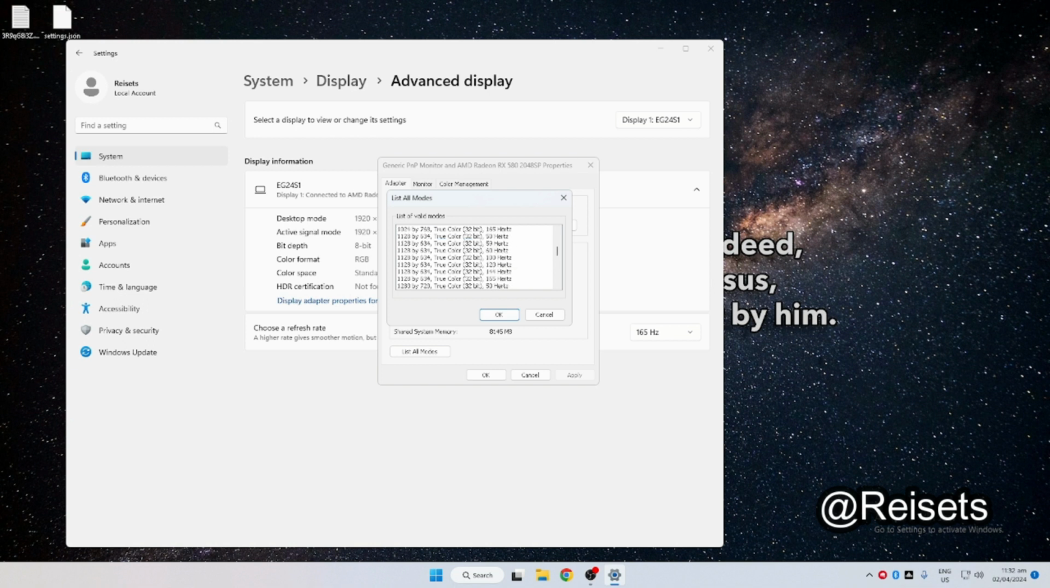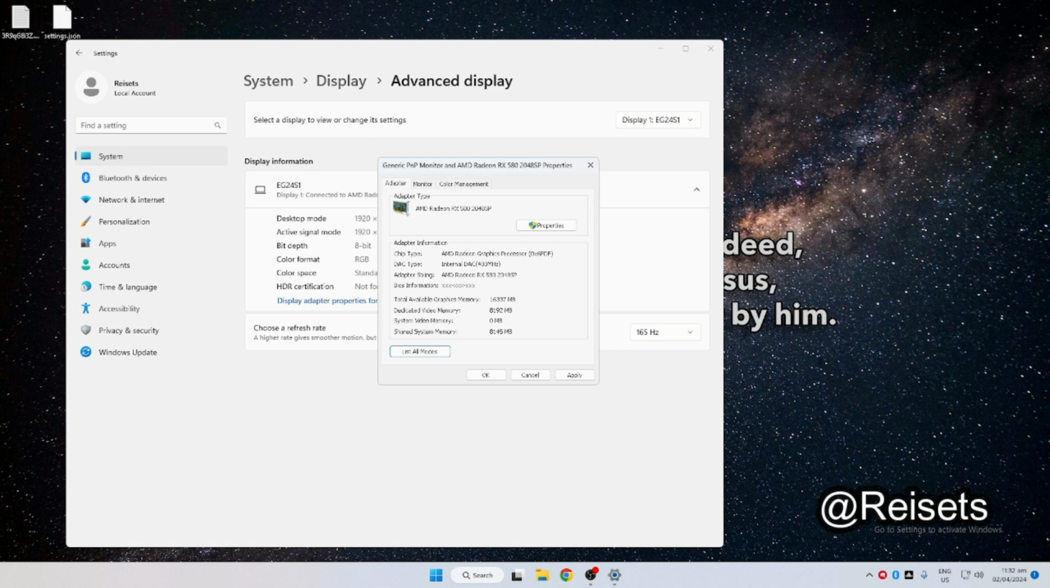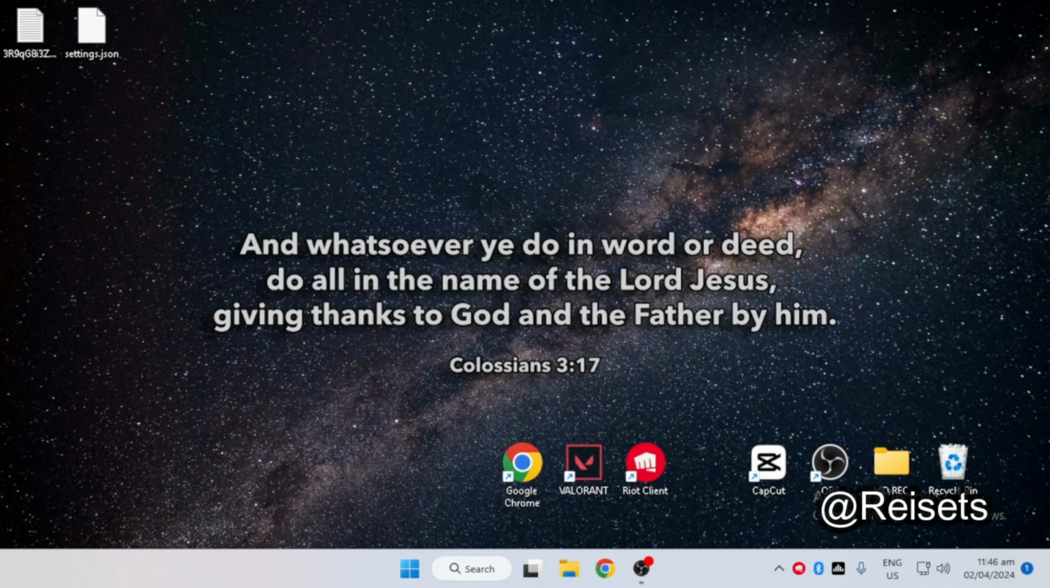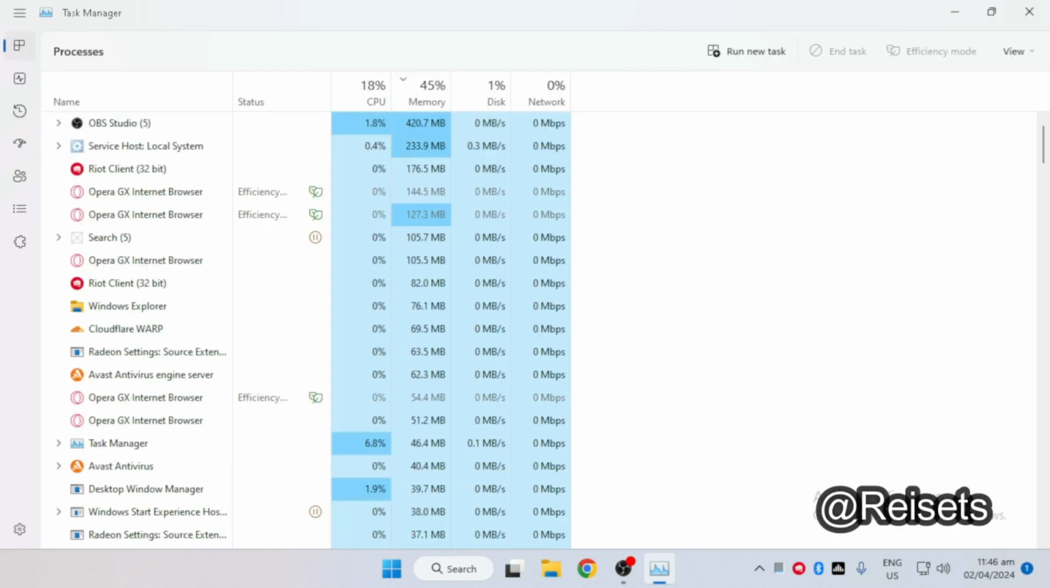Or as I have already said, you can set it to the minimum, which is 720p. 1280 by 720, 165 hertz. So let's just click that and click apply. After that, we will also go to task manager, and then here we will